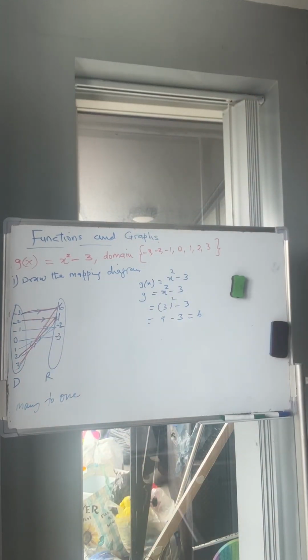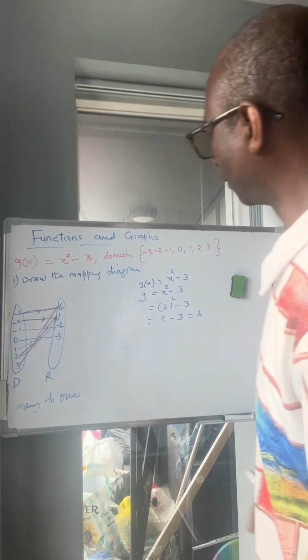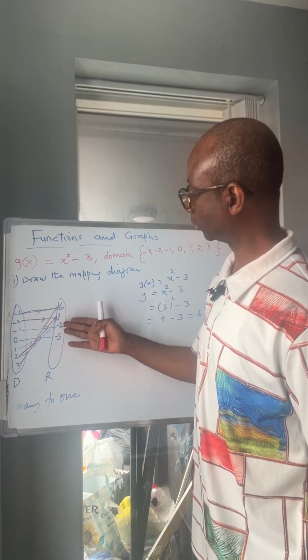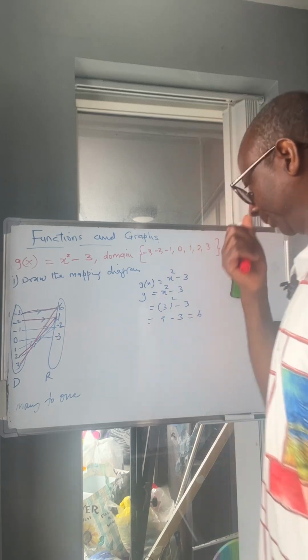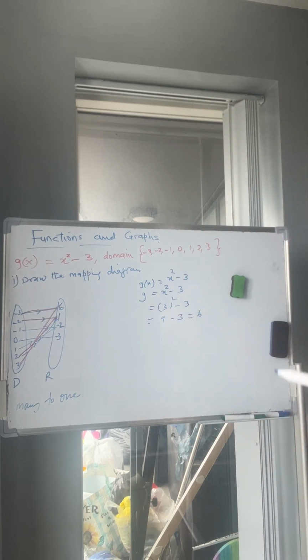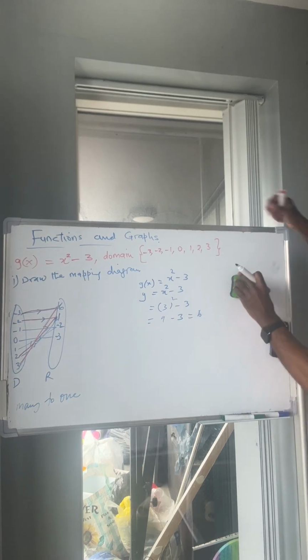They say draw the mapping diagram, and state if the function is 1-to-1 or many-to-1. So we have many-to-1. The third question says find the range of the function. The range of the function is these ones here: minus 3, minus 2, 1, and 6. So the problem is solved. Thank you for watching. But if you want to plot this one so that you see what is happening, if you want to draw it,